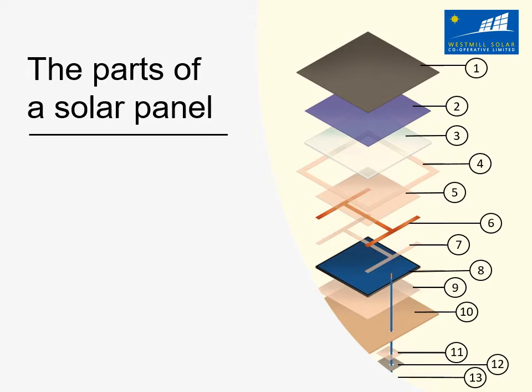Solar panels are made up of many layers of materials, each of which has a specific function. So let's take a look at these. Firstly, we have a layer of blackout material, followed by what's called a UV enhancement film. Next is a layer of glass, which goes on to an adhesive seal,